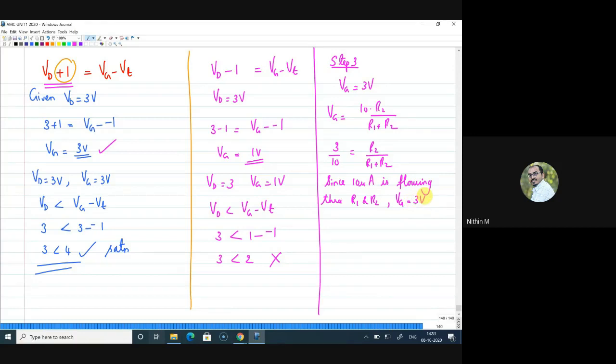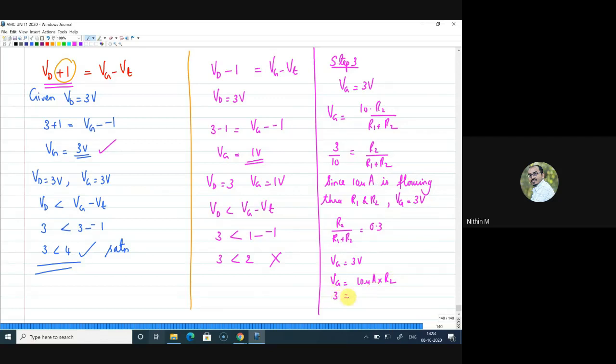These are the two conditions. So these two conditions should be satisfied. So for these two conditions only I have to choose R1, R2 value. So how will I choose? So I know that R2 by R1 plus R2 is now 0.3. Right. Now for Vg to be 3 volt, Vg can be written as the current 10 microamps into R2.